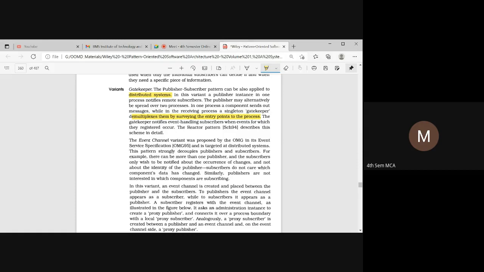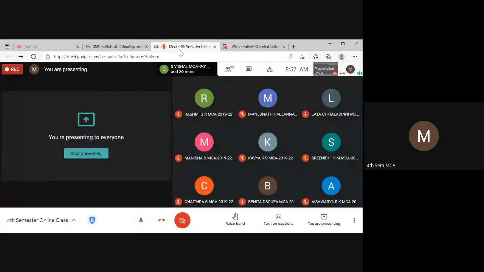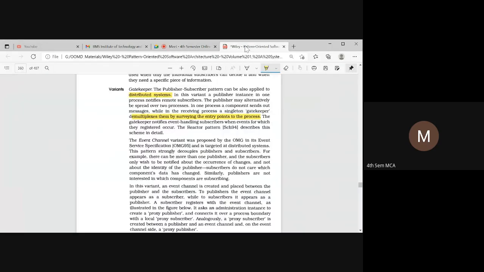So what is demultiplexing? Anyone? What is demultiplexing? So one message has to be sent to many people.